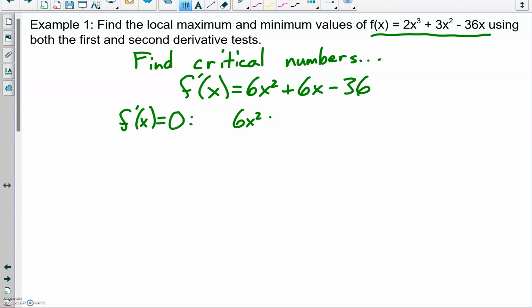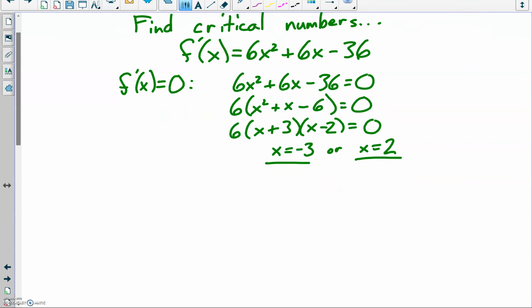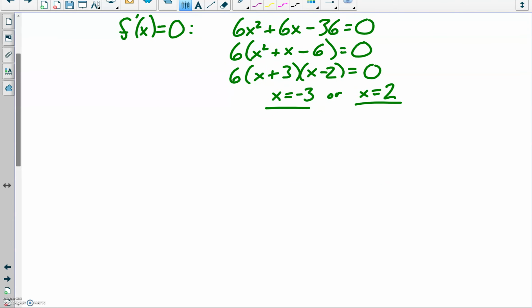critical numbers. And just set this equal to 0, and I'm going to go ahead and just factor a 6 out to get this x squared plus x minus 6. And then when we factor that, you get x plus 3, x minus 2. So 6 never equals 0, so we don't have to worry about that. From the x plus 3, we'll get that x equals negative 3 is a 0. And from x minus 2, we'll get x equals 2 is a 0 of that first derivative. So we got our two critical numbers here, and we can then go down and start looking at the first